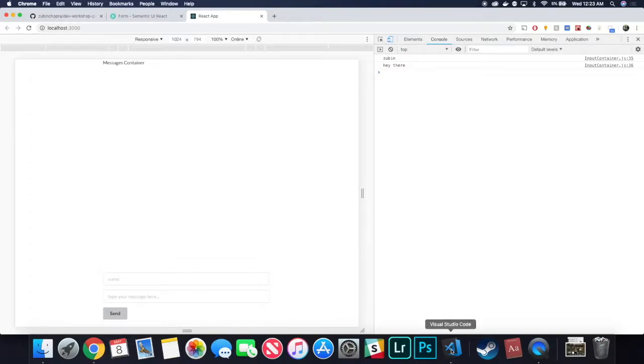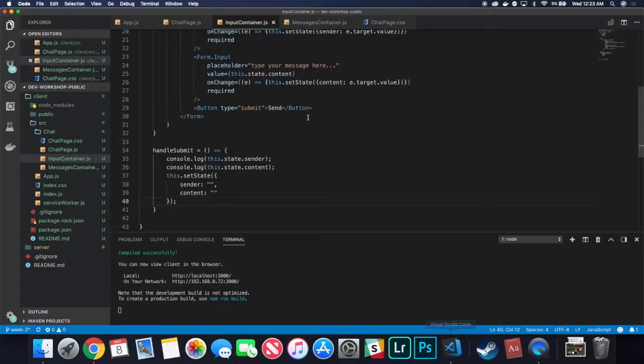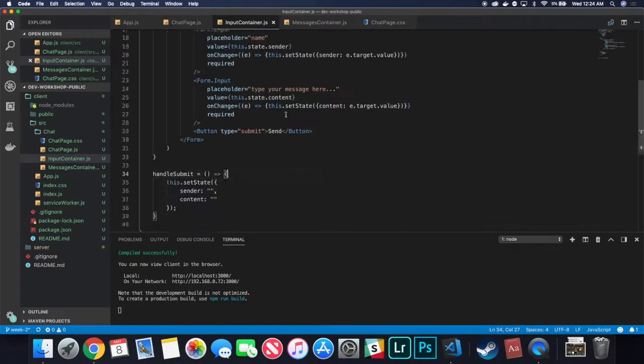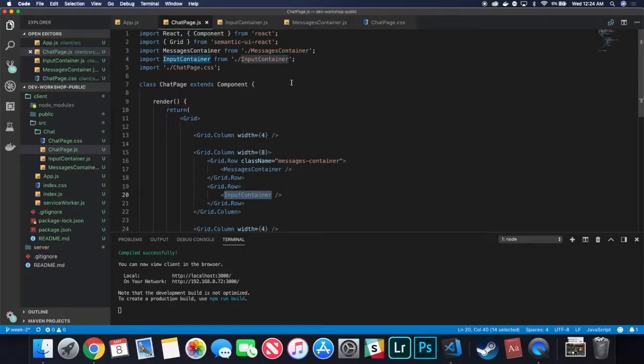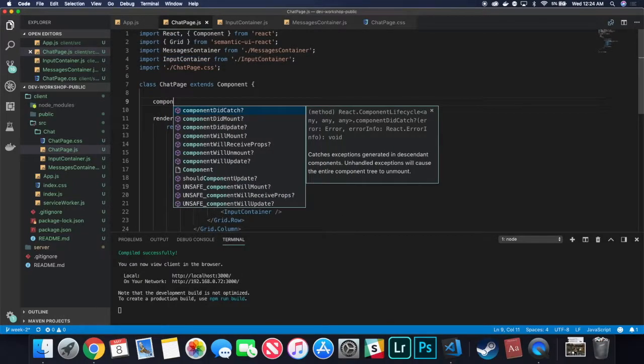Let's go back to the code, and let's now try to integrate some of our APIs in. We don't need these console.log statements inside our input container's handle submit function, so we can remove these. This is pretty much done. So now what we can do is we can load our previous messages in, and the way we can do that is by basically going onto chat page, and there is a method called componentDidMount,